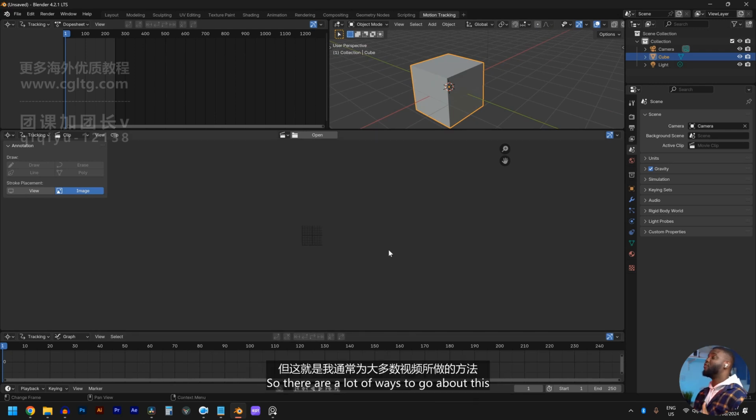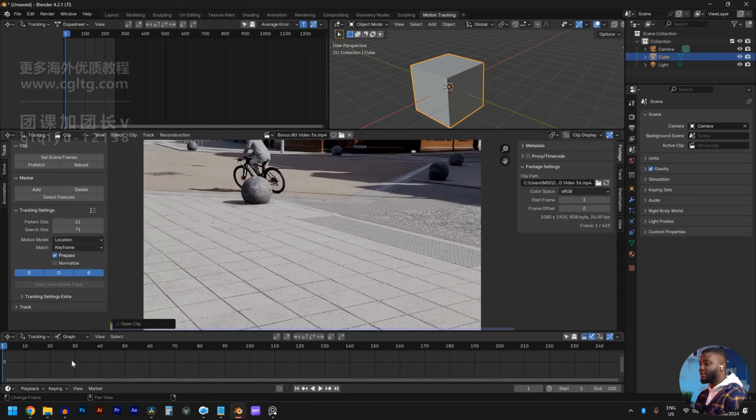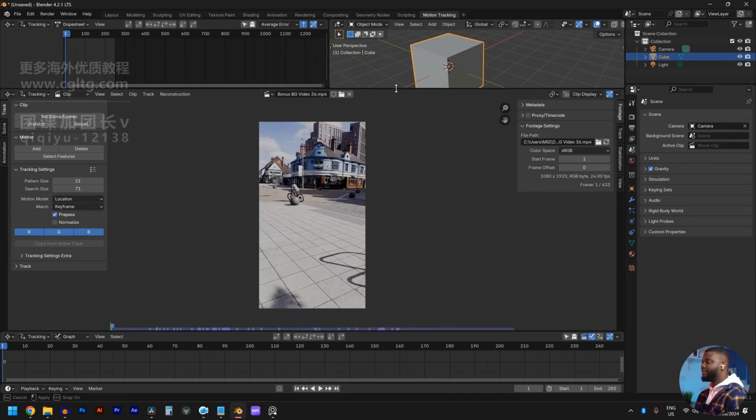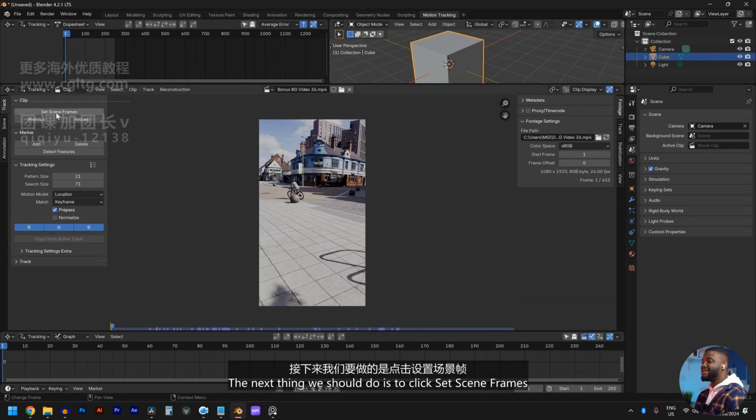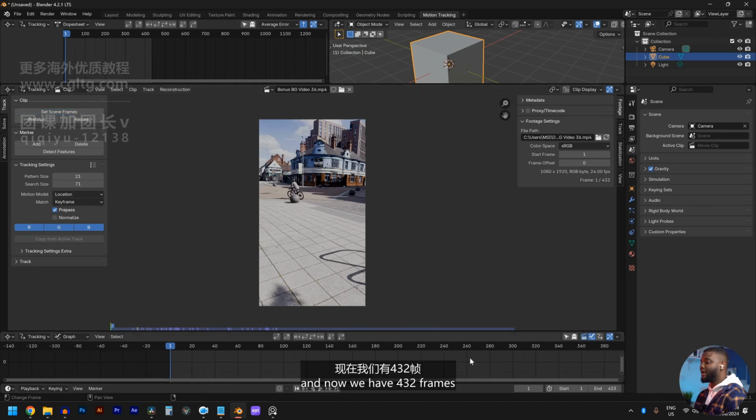So there are a lot of ways to go about this, but this is how I usually do it for most of my videos. I just take the video and drop it here. So this is the video we're going to be tracking. Now let's click and drag this up. The next thing we should do is to click set scene frames. You can see our frames are 250, but we want to match it to the frames of the video. So click on set scene frames,